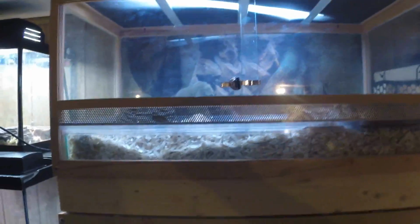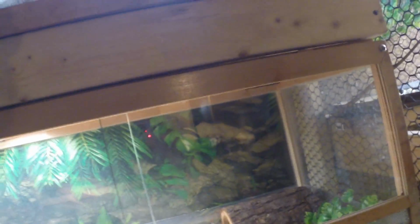This tank right here actually only cost $80 to build. I'll show you. There's my Pinplex tanks, and I actually have them set up where I built the dividers so the heat lamps can sit in there like that. Down here on the bottom,